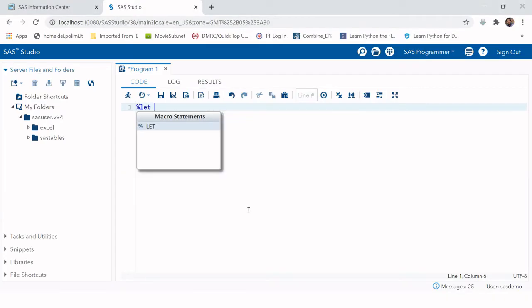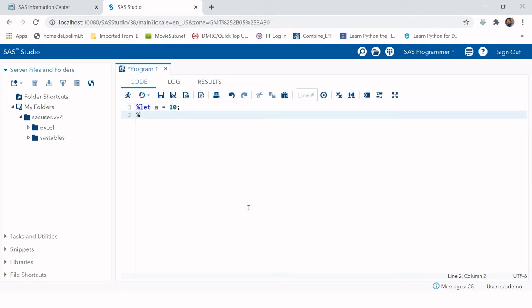For example, you are creating a macro variable a and you assign the value 10 to it. Now you create the next variable b and assign the value 3 to it.